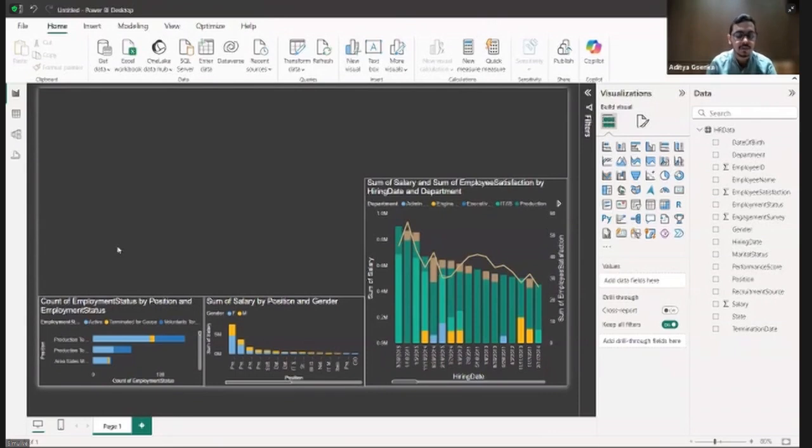Okay, we'll add more charts over here. Let's say the management wants to know in every department what is the number of people, what is the count of people in every single department. How do you go about doing that? Do you think it is a very valid question that the management would want to know for every department what is the number of people in every department? Yes, very valid question.